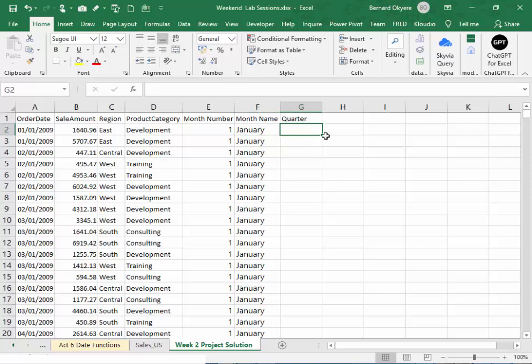Now we're going to use the same CHOOSE function. So we know that from January to March, 1, 2, 3, January to March is quarter one. April to May, quarter two. June to August, also quarter three. October to November, quarter four. So you type under quarter